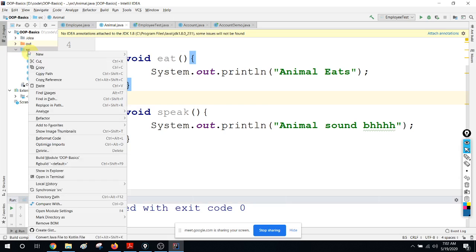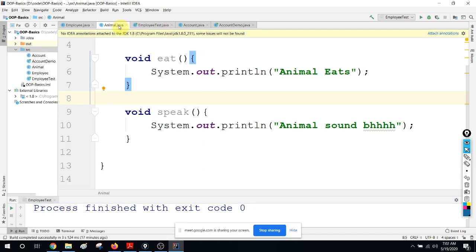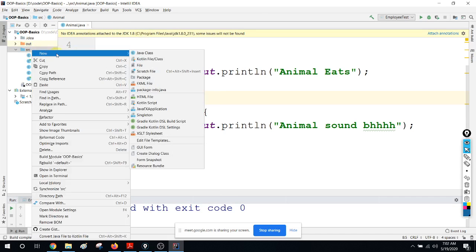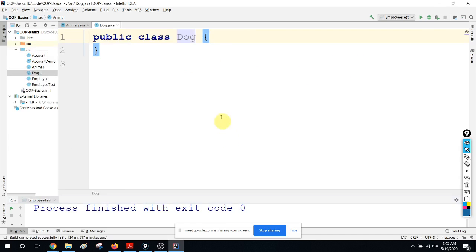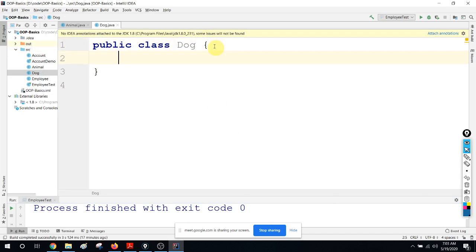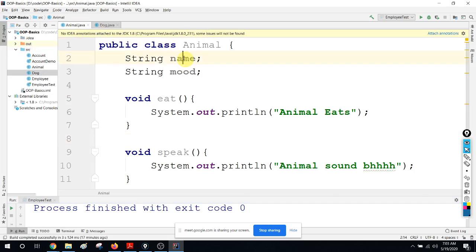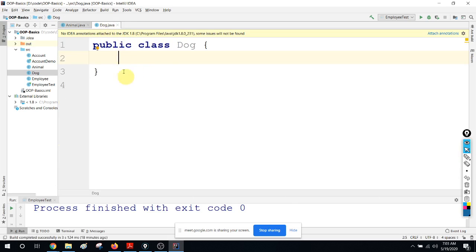So we are going to create another class now. I will close other classes; you can just right click and choose close others. New Java class. I'm going to create a class called Dog. Now the dog also has name and mood. Dog can also eat, dog can also speak. But if I'm not using inheritance, I have to write all those things again. I don't want to do that, because that is a waste of effort and it's not maintainable. Duplication of code, so many issues are there. So what I'm going to say is